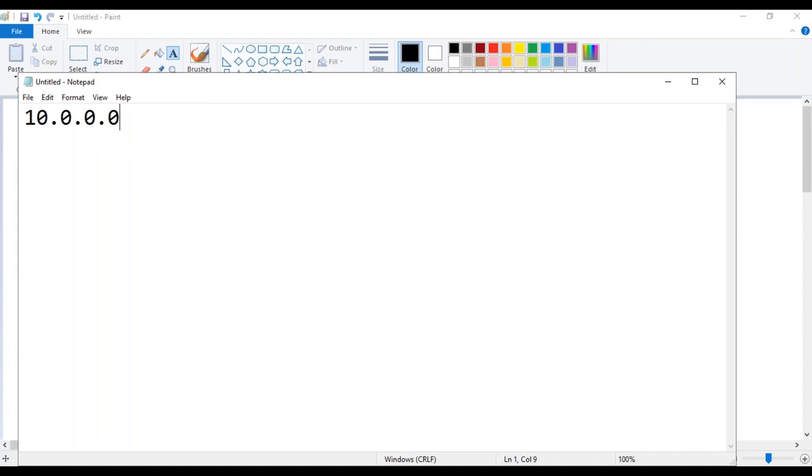Why? Because it always depends upon the subnet range you are using, such as 16, because you frequently come across something like this.